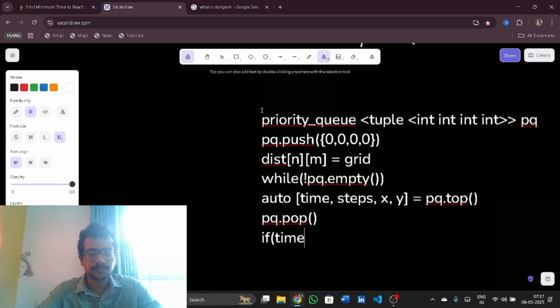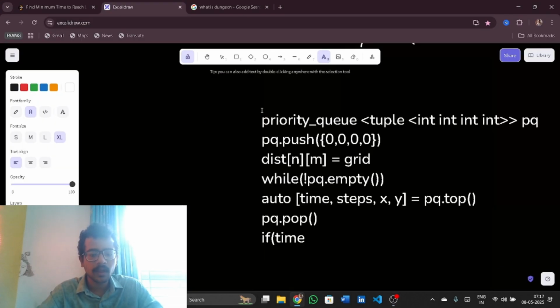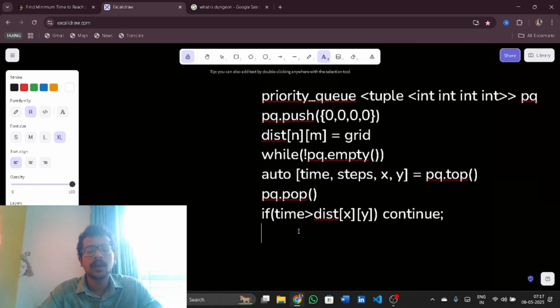As I said, if time is greater than distance of x, y, then continue. Now I have to go +1, going to the left, right, top, bottom. So for auto dirs, going to every direction,